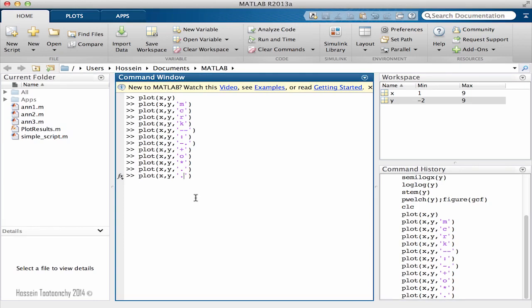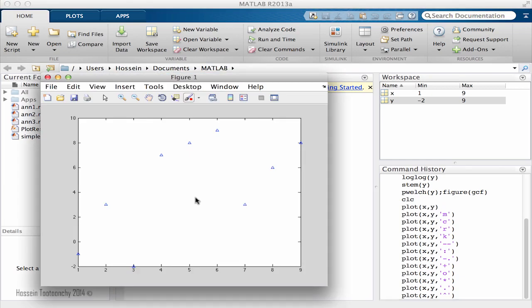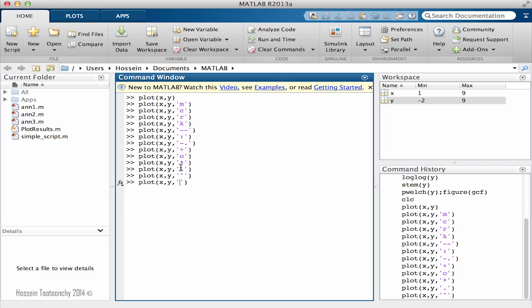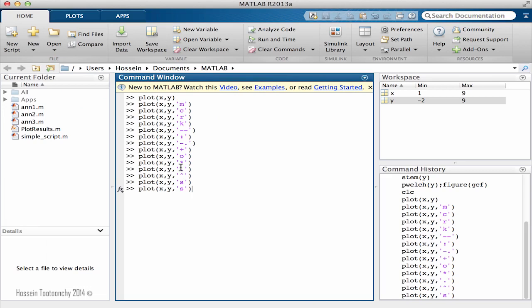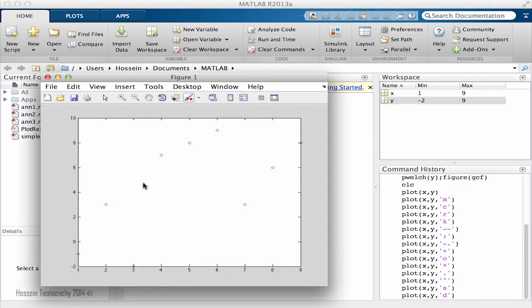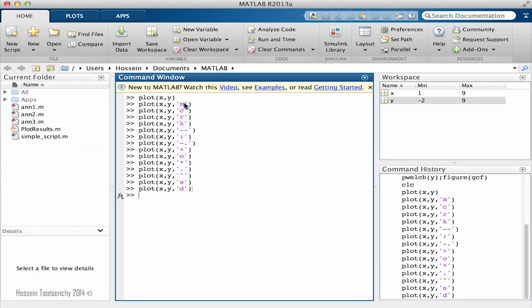We can use caret sign to get like a triangle. We can use S to get a square. And finally, we can go with D, which is a diamond. So these features, the last column, which is optional, give us more access to plot, and we further can customize the